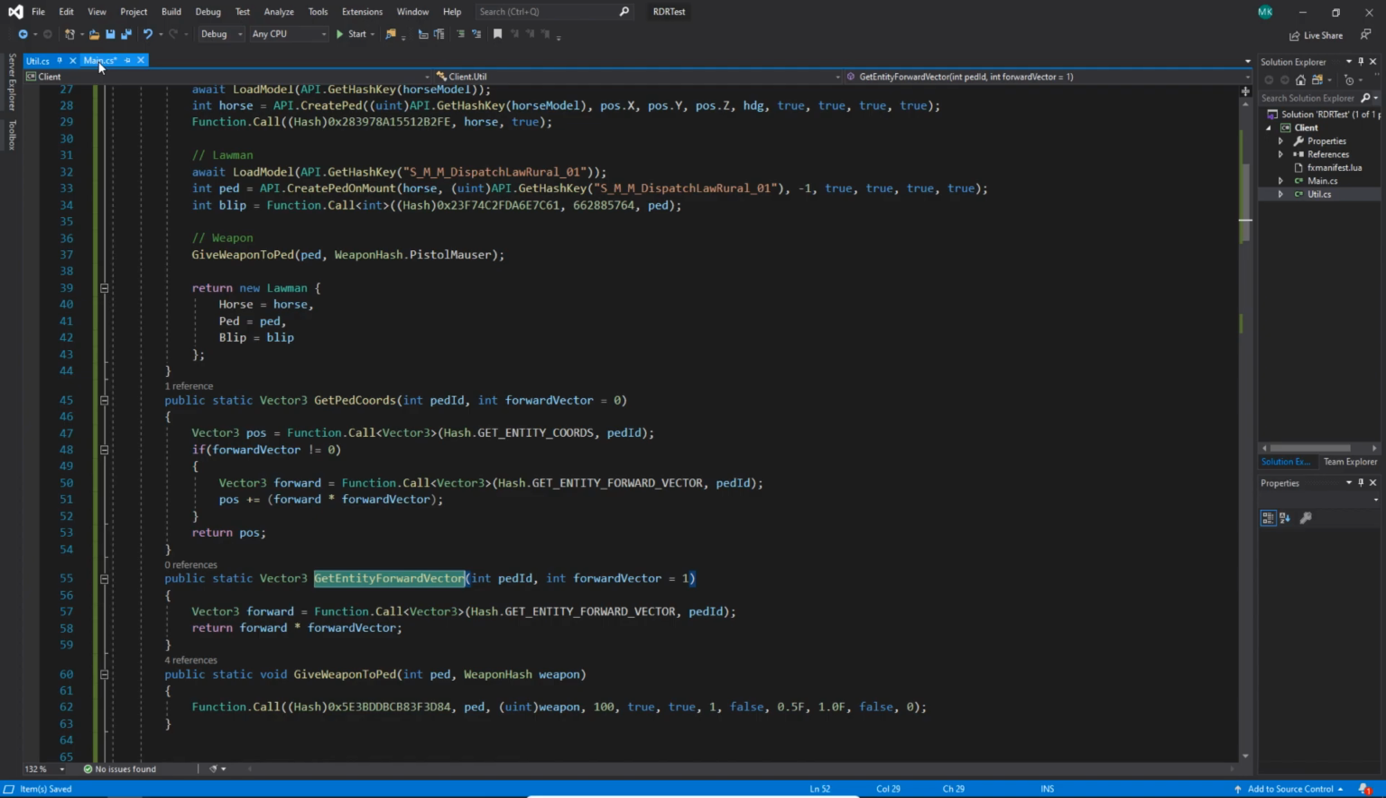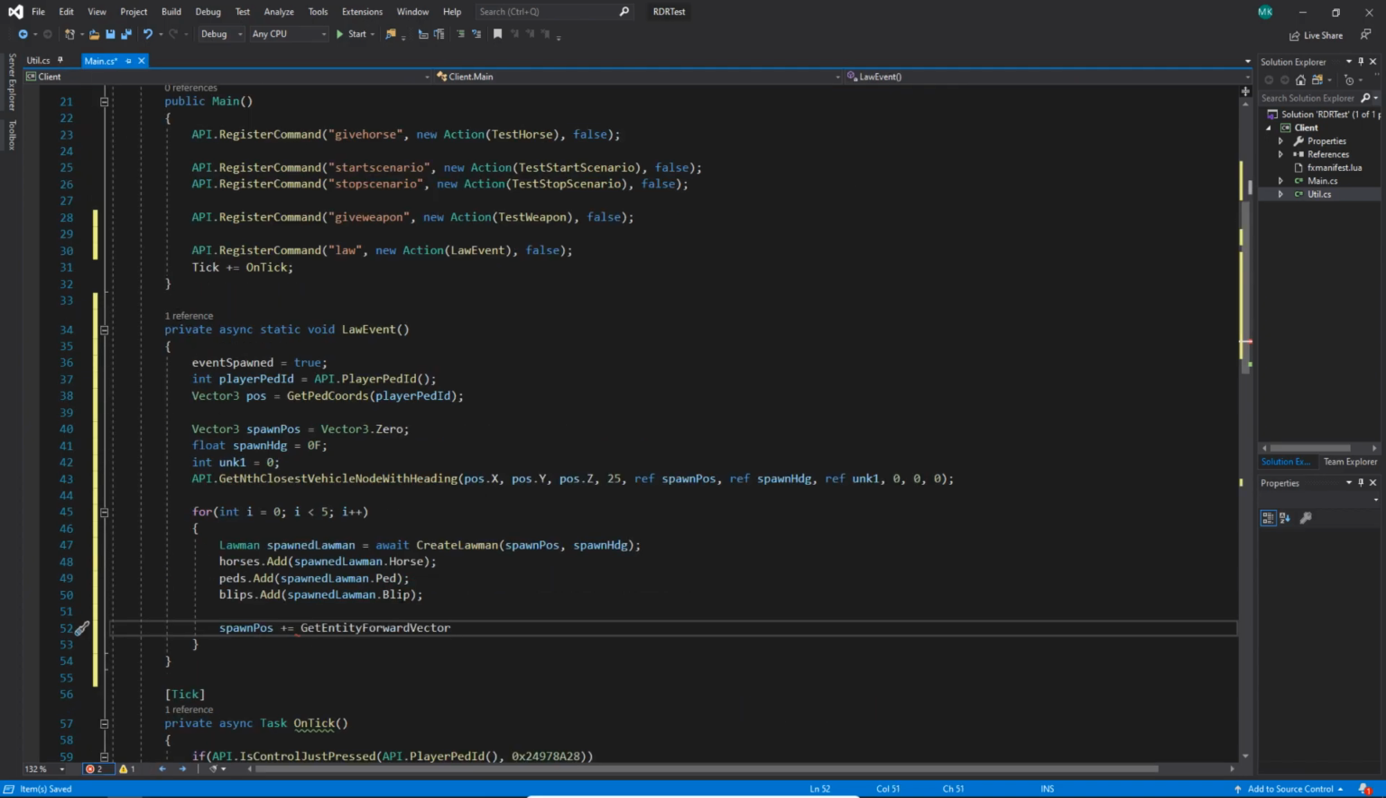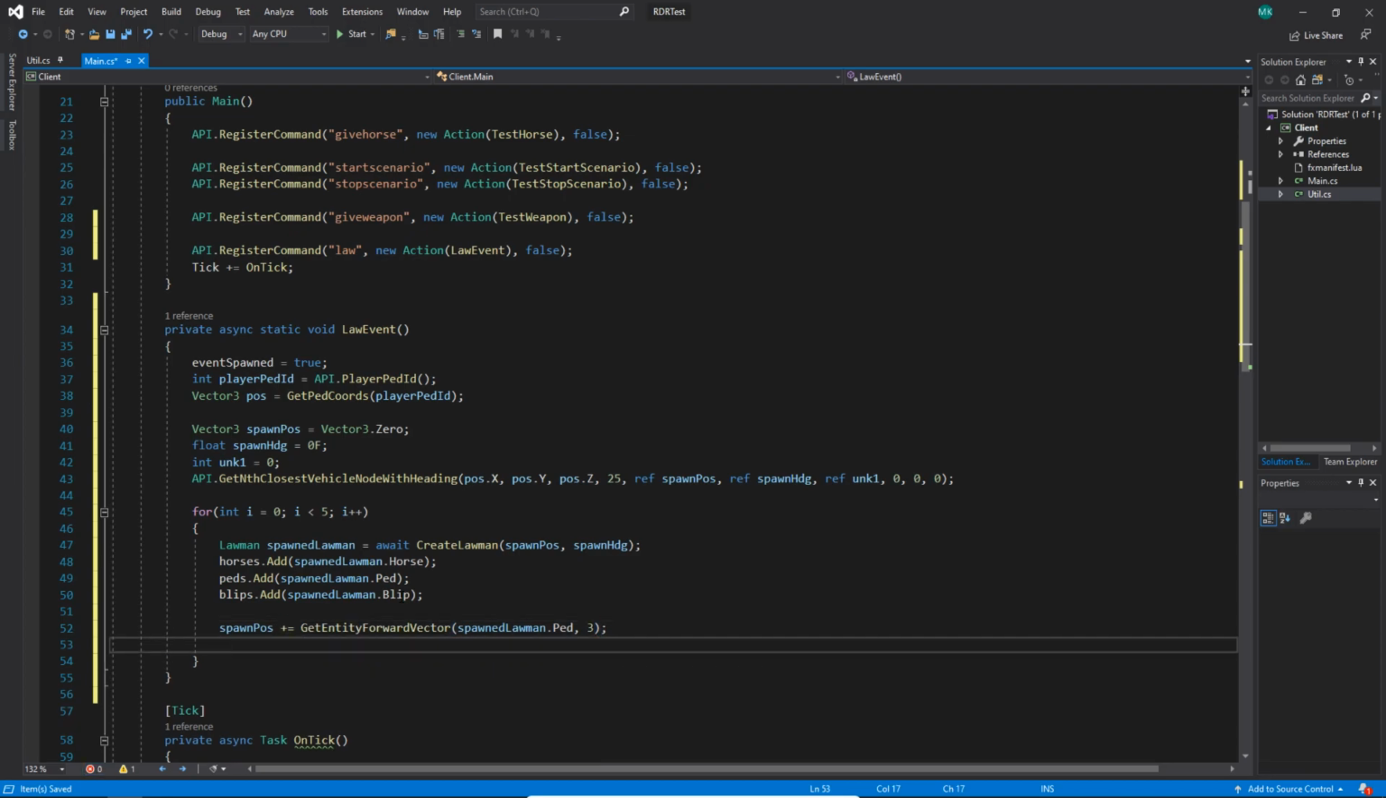So let's take this and save the file, and we can use this here. So we'll do our spawnedLawman.ped and pass him here. And then we need to know our forward vector. So you can do 1, 2, 3, 4, 5, a million. Not really. But we'll do 3 because that seems to work well. And this will just get